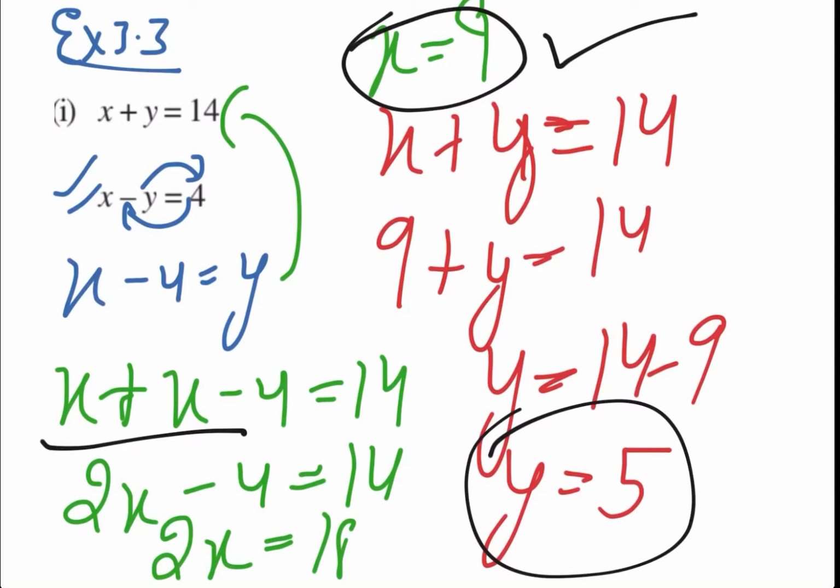Always in linear equations, verify your answer by putting in the values. x is equal to 9 and y is equal to 5, and I know 9 plus 5 is 14, which is equal to 14 here. That means my answers are correct. Okay, so this was your substitution method. Please take a screenshot so that I can move to the next question.